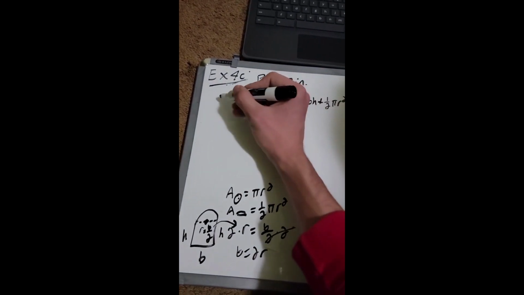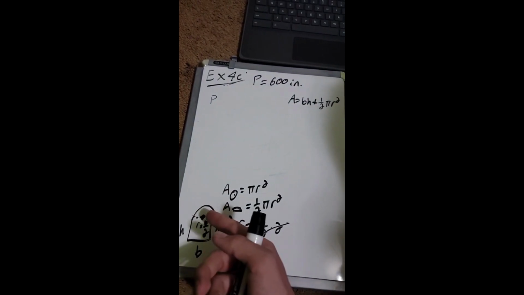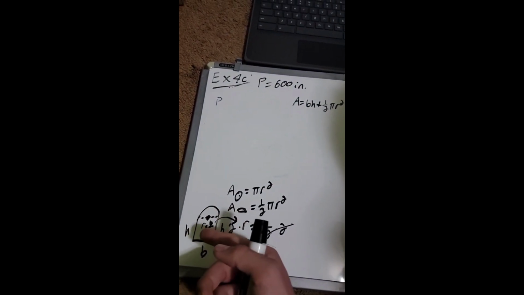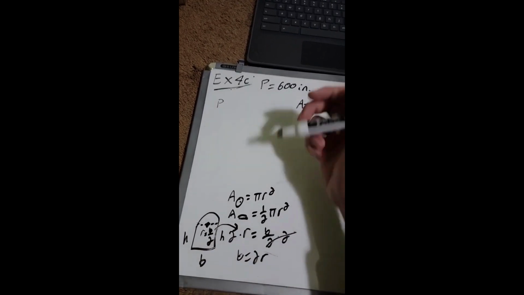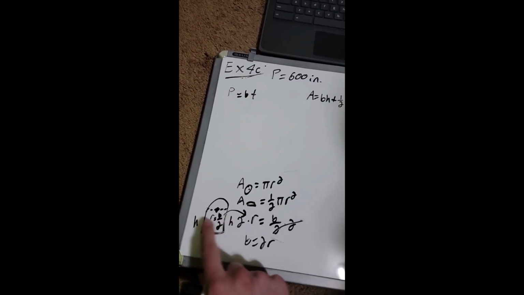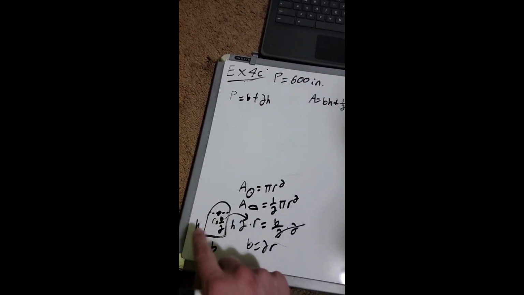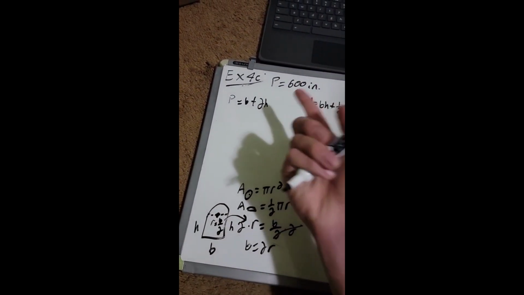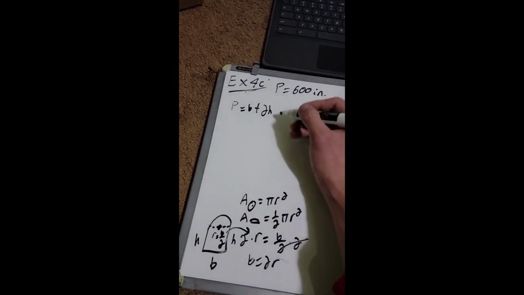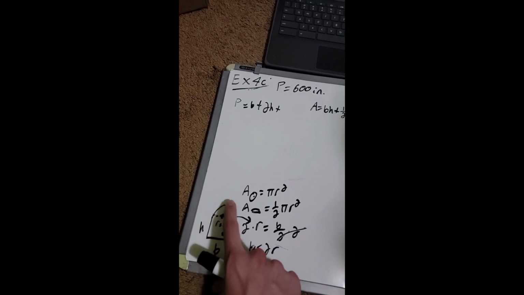and from here we could find the perimeter of this whole thing. So that's going to be your base plus both of your heights. So you have two of the same thing, and each of them are added to each other. H plus h, that's going to be 2h. And then you're also going to be adding your